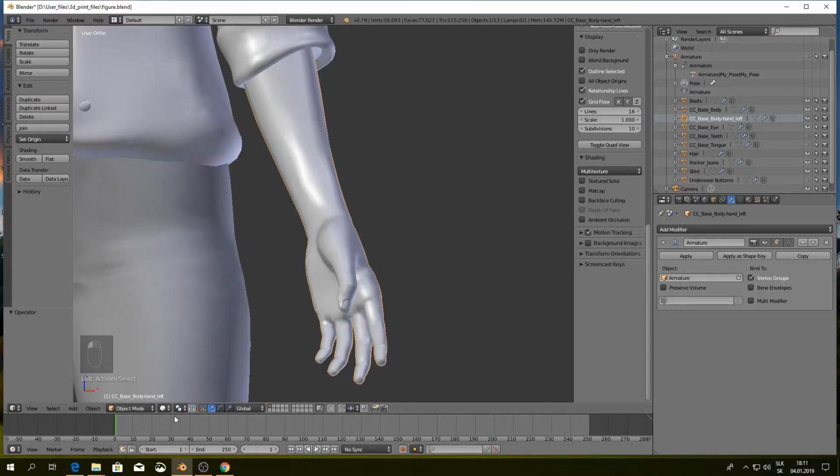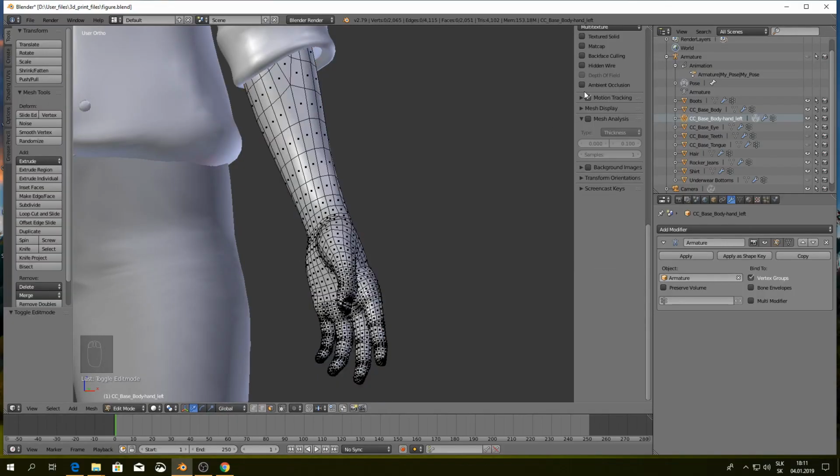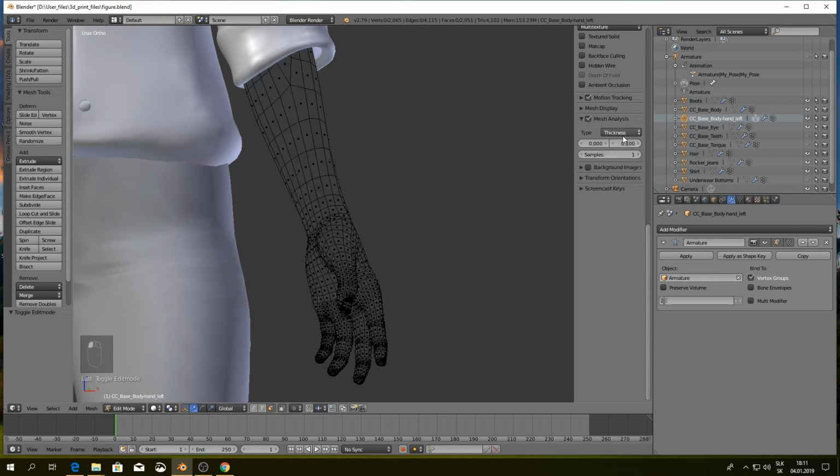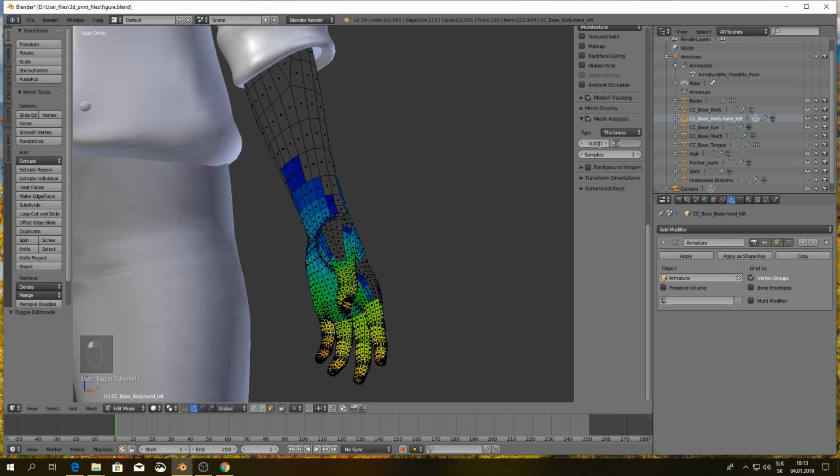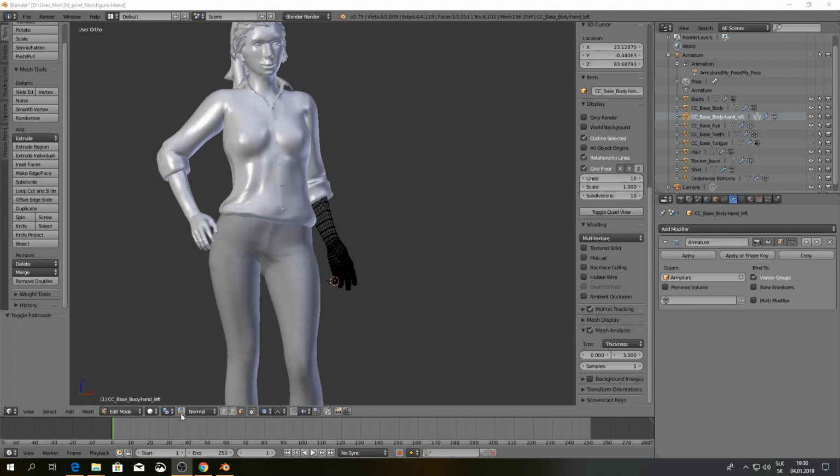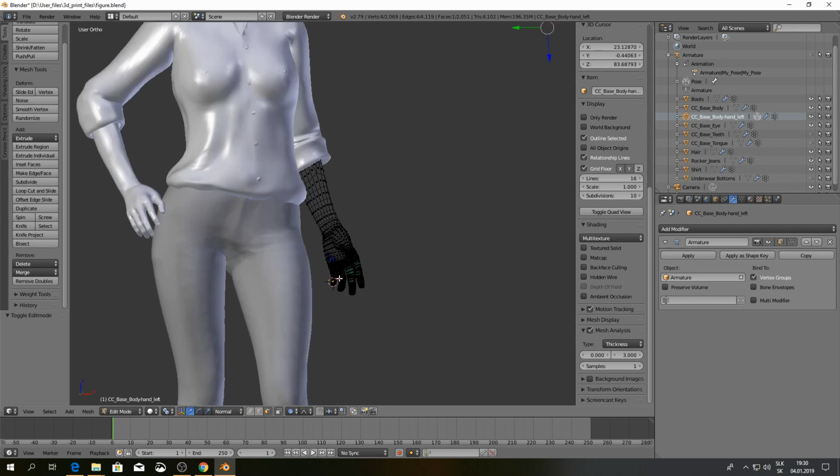Some parts of the model may be so thin that they cannot be printed. Use mesh analysis to detect thin parts. In this view, the arrows appear in a different location than I needed.